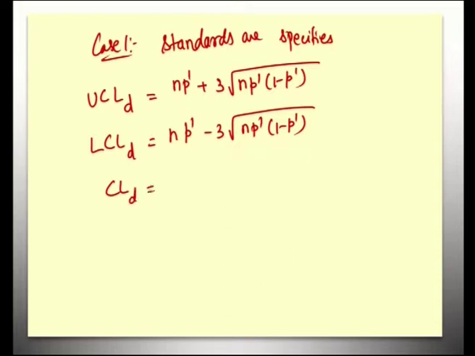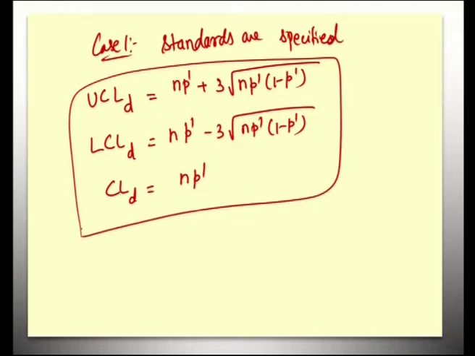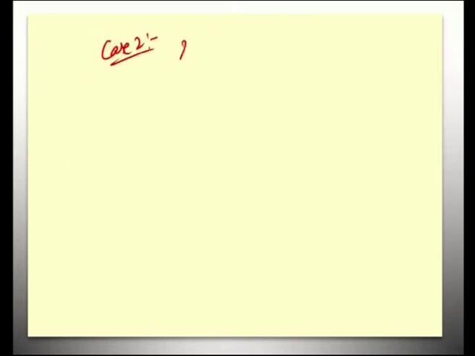CL of D is equal to np. This is the case when standards are specified, that is, the population values are known. Next, case 2: when standards are not specified, that is, when the population values are not known,